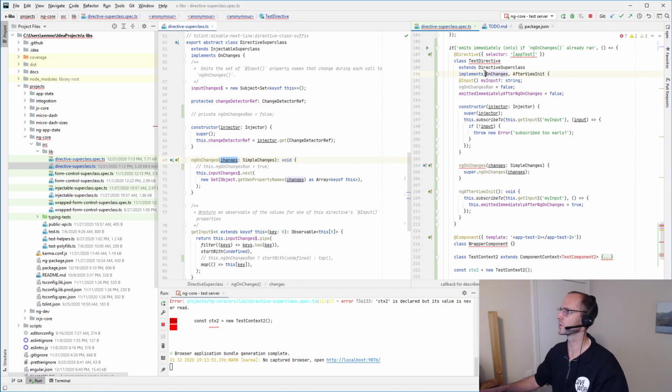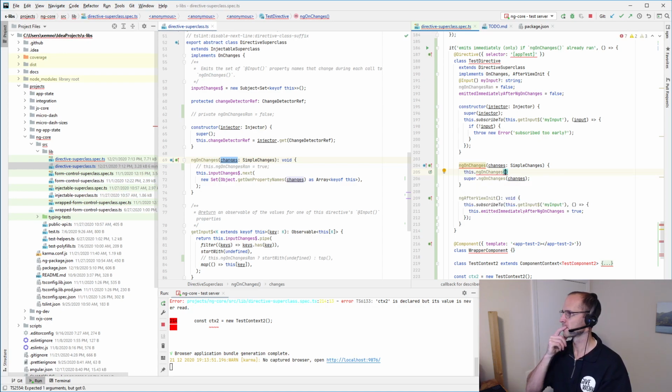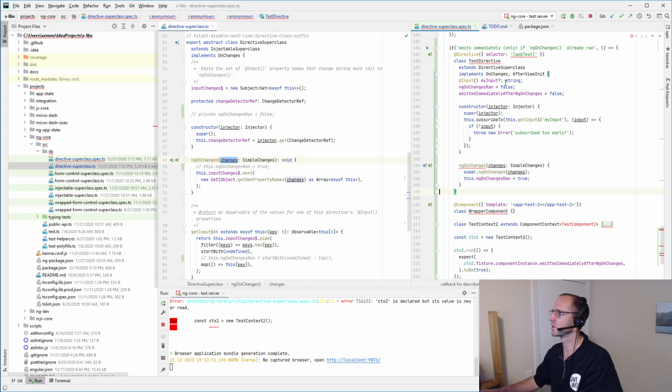Oh, no, that was right. The ng goes here, but not here. And we're going to say ngOnChangesRan is true. And let's put this after the call to the superclass. So the superclass one ran. That makes sense. And then we can use this hook instead of this one to do the other part, which